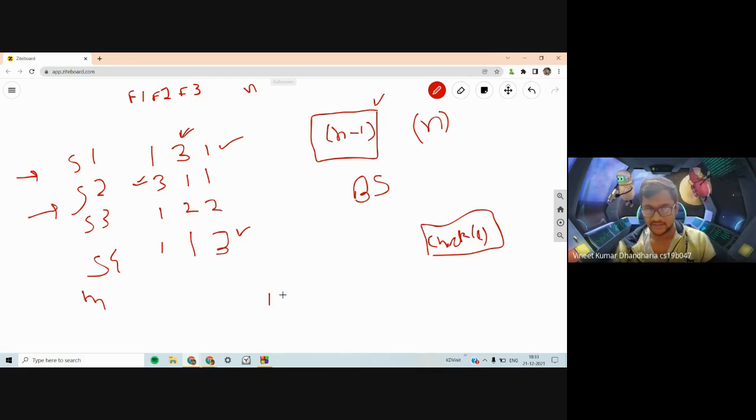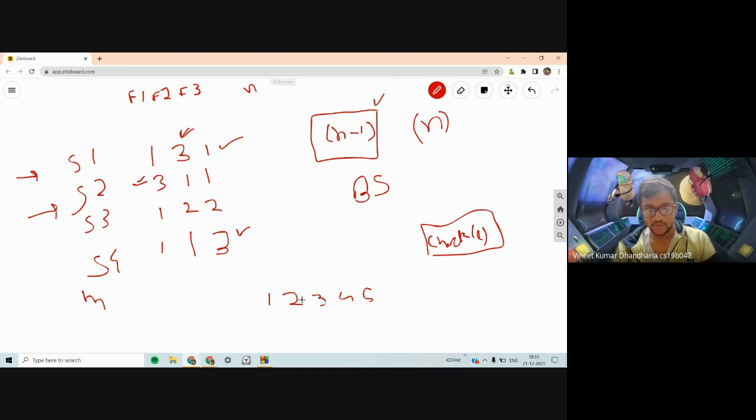So suppose you do check for 1, 2, 3, 4, 5. Let's try to see it. Suppose we do check of 1. Is it possible to select 2 shops such that all the friends get greater than or equal to 1 happiness? We can select S1 and S2, and there is some way to select a gift from each shop such that everyone gets at least 1 happiness. So that is true here.